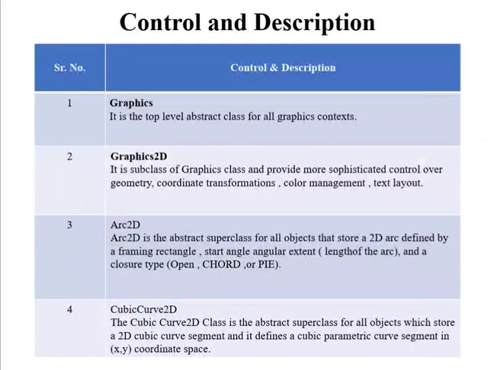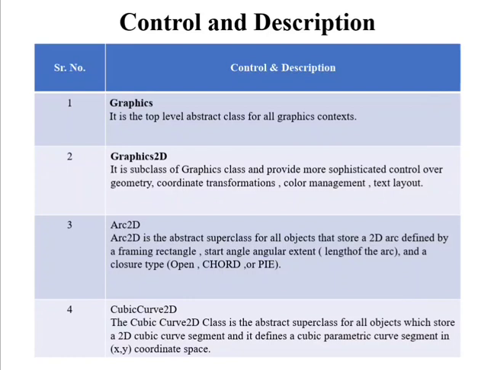Next user interface component is layout managers. The layout managers are used to arrange the components in a particular manner. The Java layout manager facilitates us to control the positioning and the size of the components in a GUI form. LayoutManager is an interface that is implemented by all the classes of layout managers. AWT provides the following layout managers: FlowLayout, GridLayout, BorderLayout, GridBagLayout, BoxLayout, CardLayout, and